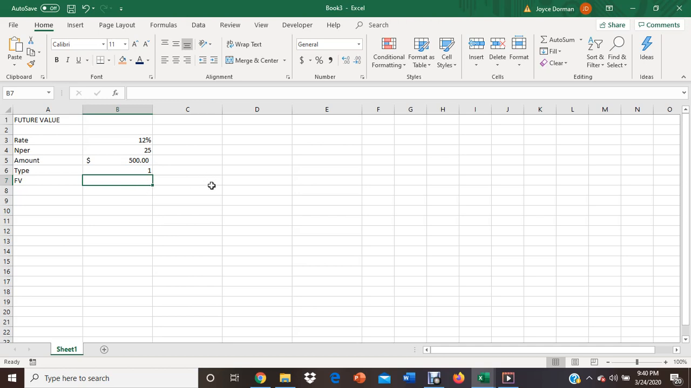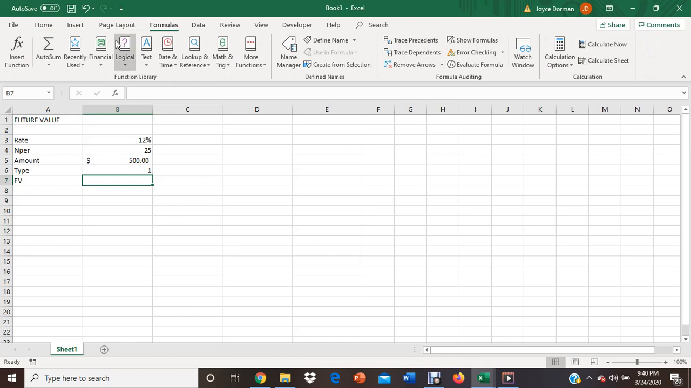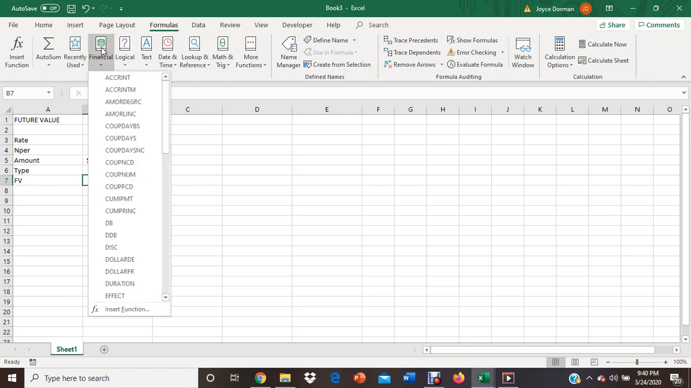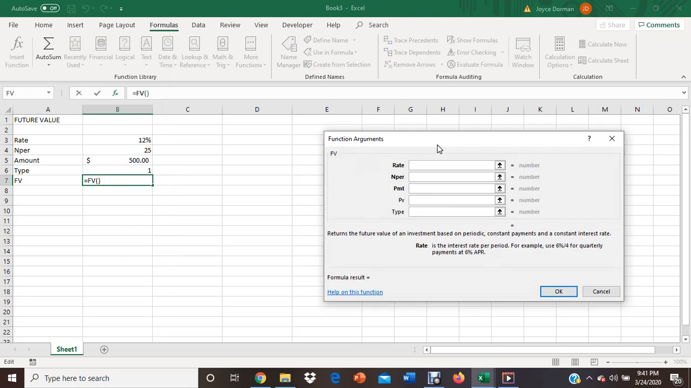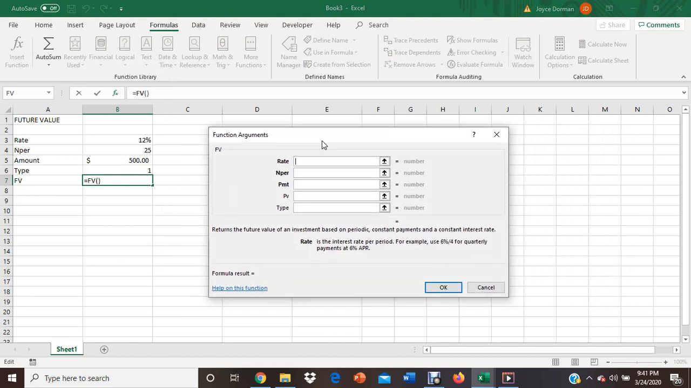So to get the help from Excel, we're going to go up to formulas again. And this time we're going to go to financial, because these two are financial functions. So we're going to go to FV, which would be down here. There it is. Okay? And this is where we're going to fill in the blanks for all the arguments. So the rate would be this, right? So you put your cursor there, and then you select the 12%. And then the nper would be this,